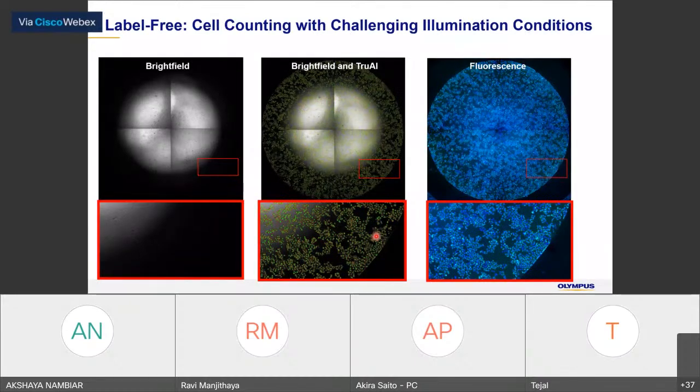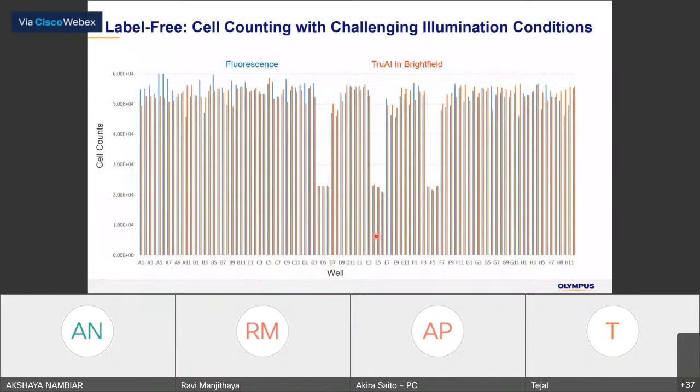So there is a very low contrast over here, but it will be detected even with the bright field image by using the neural network, deep learning. And sorry, True AI is our name for the deep learning technology. But anyway, when we compare the fluorescence nuclear counts and the deep learning results, just with the bright field, it is almost matched to what we can detect with the fluorescence.